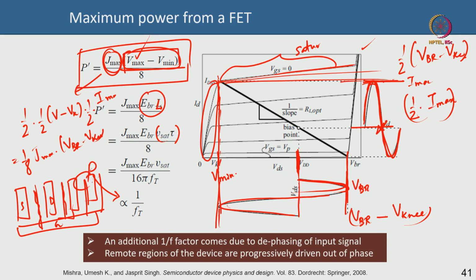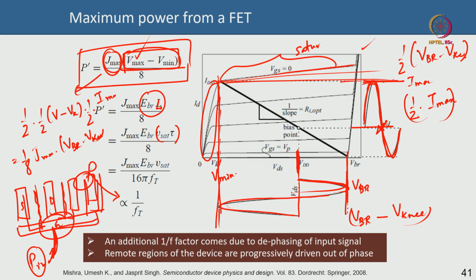So, the remote part of the device, the far away part of the device, will have out of phase waves as compared to the part of the gate which is directly feeding in the input signal. So, you are bringing the input signal here and this is distributing across the manifold. So, at the point where you are bringing the RF in signal, your phase decoherence will be